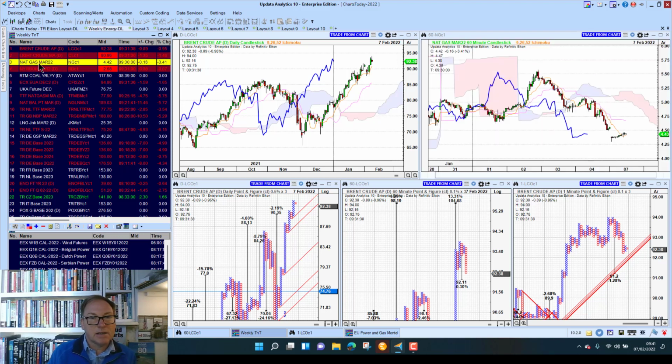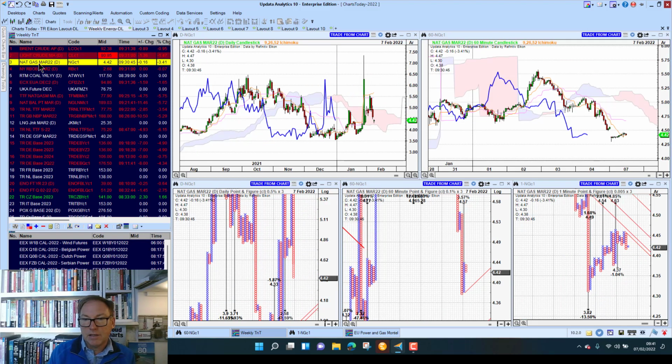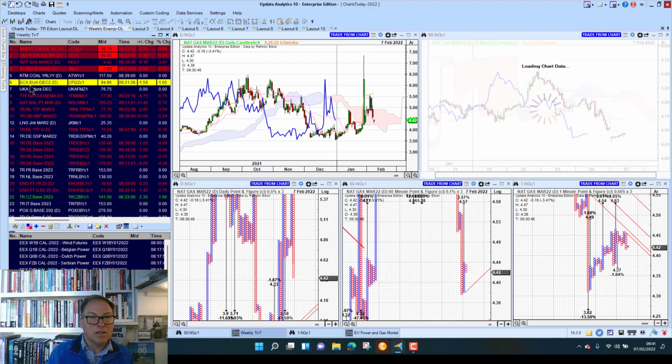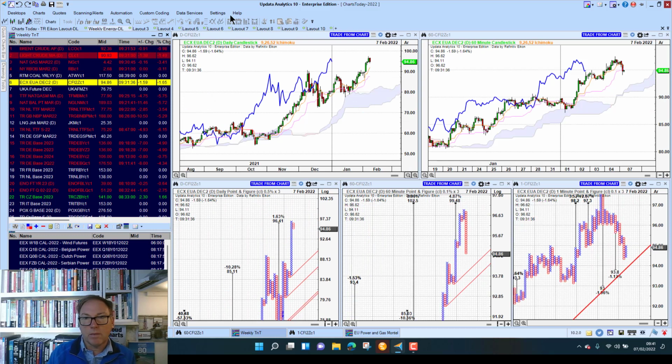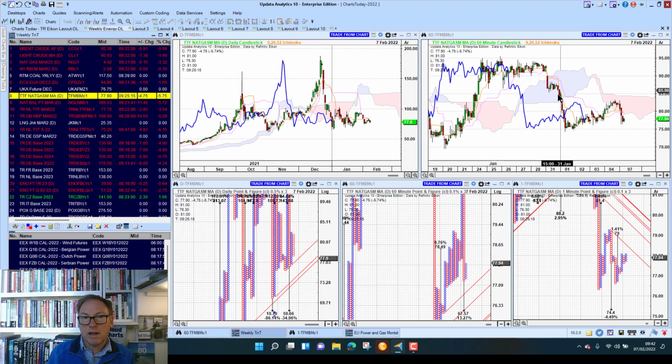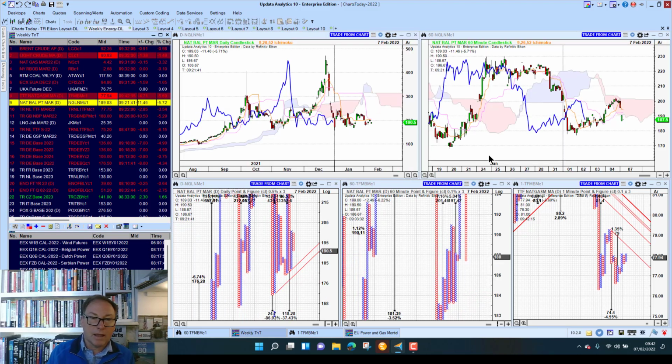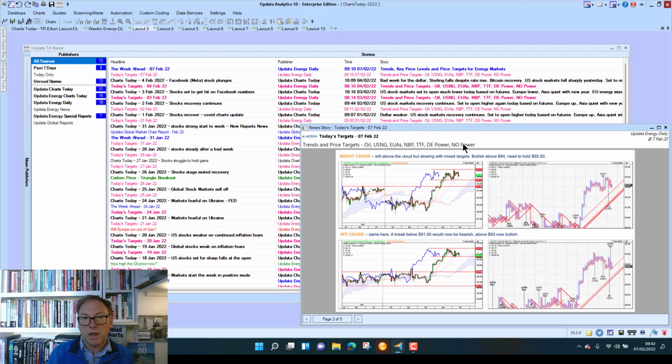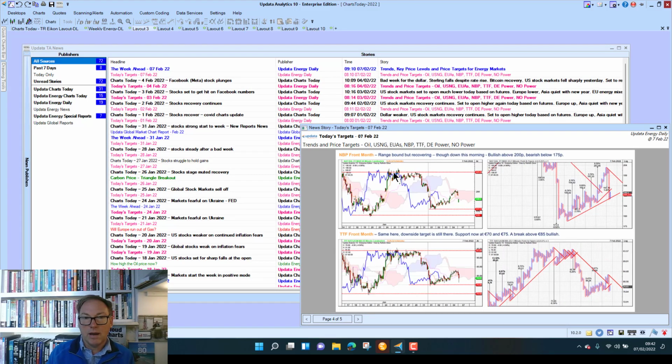Taking a look at US nat gas, really had big falls last week. So we've got mixed targets off the floor. Should be interesting to see there. Emissions down this morning, but had a very strong week last week, of course, and the targets are in train. Looks like we might just pull back today. Gas prices falling away, down 5%. We are really stuck in this range at the moment, and it'll be very interesting to see whether we break higher or lower as well. And MBP, much the same. And again, in the report, we've given key levels there, so you can go and just read the levels off. That's what you need to watch.